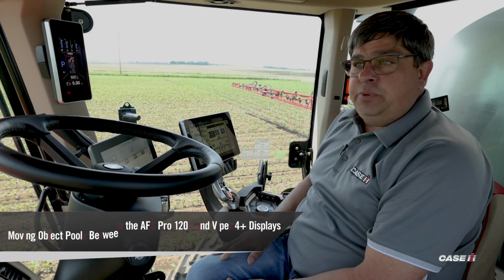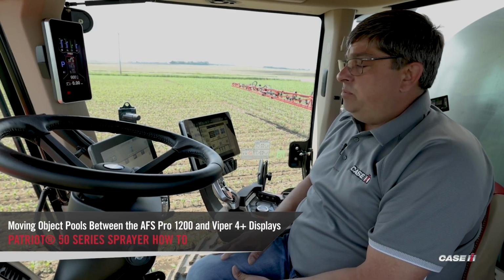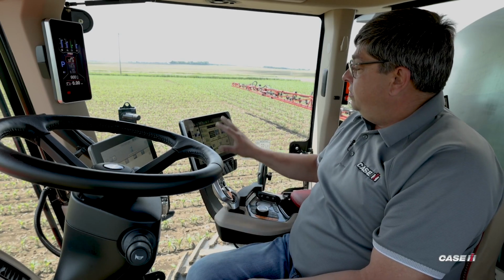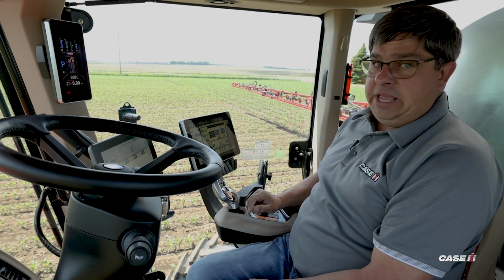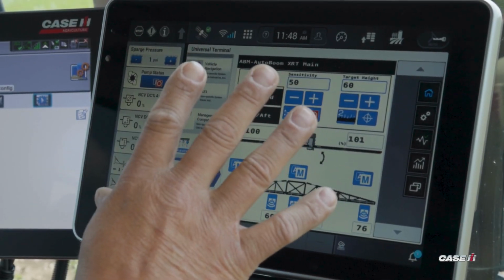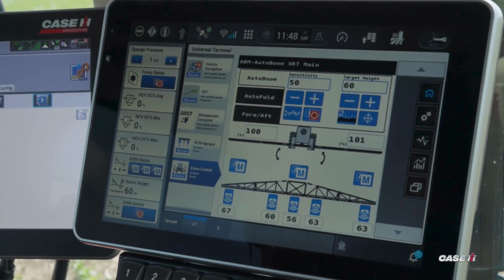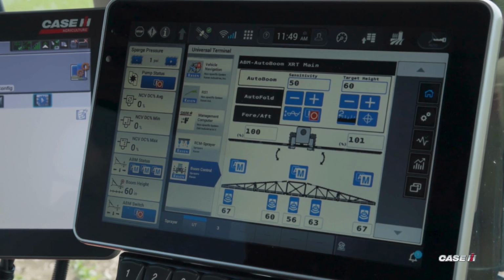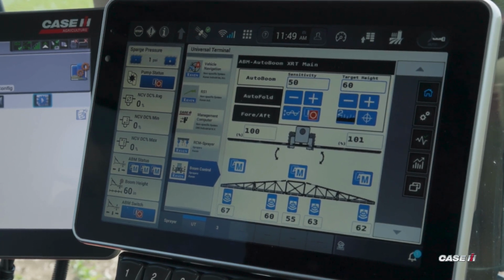Craig Janowka, sprayer specialist for Case IH, here to demonstrate how we can move object pools or UTs from one display to another. So we have all of our object pools or UTs loaded on our Pro 1200 right now. If I wanted to move them so I could see them on the Viper 4 Plus, all I would simply